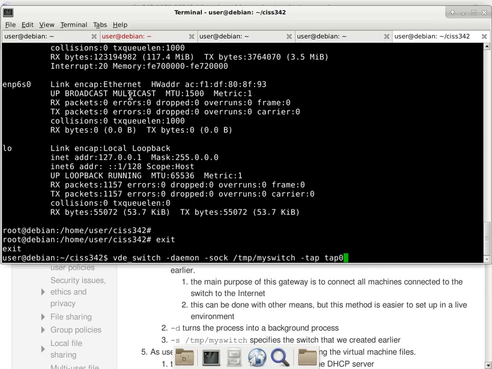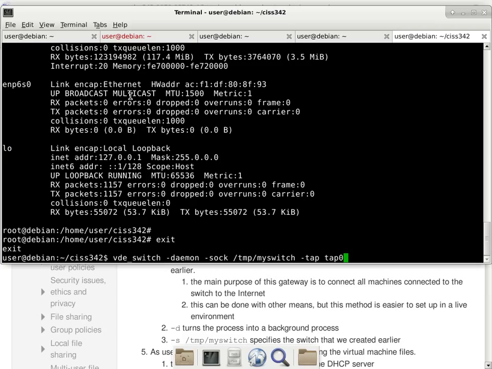The command is vde_switch. The first switch, or option, that we pass to this command is -daemon. In other words, without -daemon, this program will run, but it won't give the command prompt back to me, because the program is running. By using -daemon, it will run, quote unquote, in the background, because that's all I need. I'm not interacting with this program by hand. It is pretending to be a network switch.